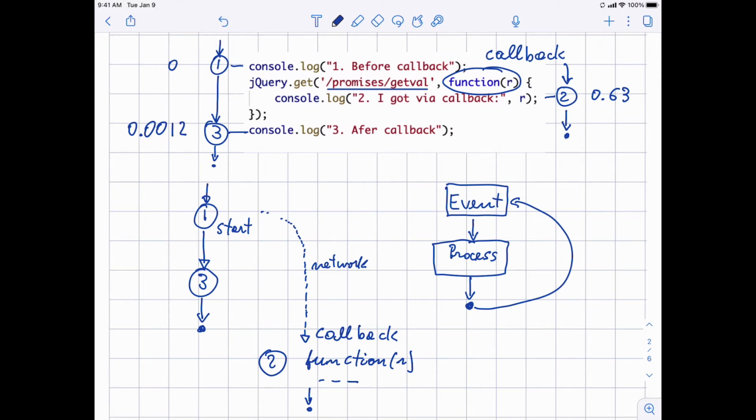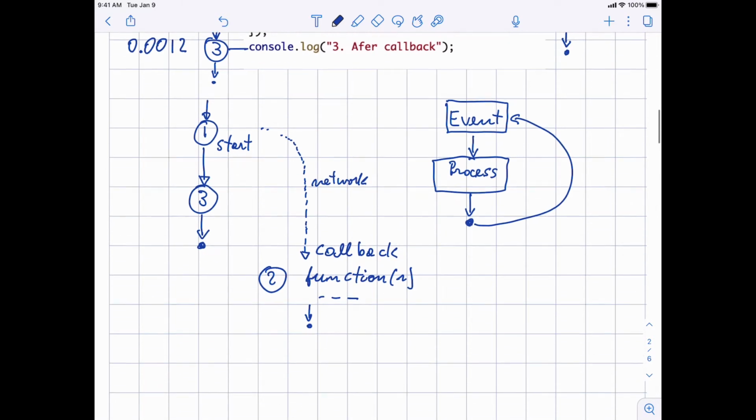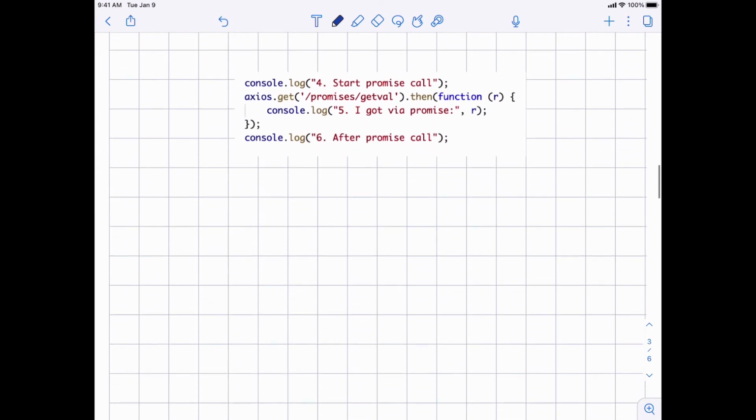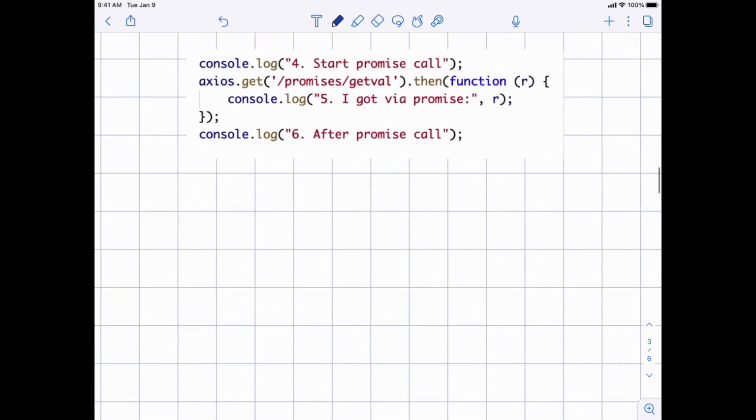I find this programming with callbacks very intuitive and pleasant, but this doesn't seem to be the general opinion, and so people have invented another mechanism to do exactly the same. And the other mechanism is called promises, and the library we will be using in this class, Axios, for network communication, uses promises. So the idea is very similar, and in fact it's realized exactly through the same mechanism, but the code looks slightly different. The code looks like this. Okay?